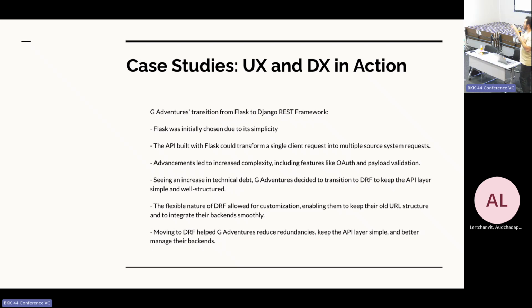the API built with Flask could transform a single request to multiple source system requests. It was pretty nice. Advancements led to increased complexities, however. They couldn't handle all of those, like class explosion or function explosion in that case. Including they